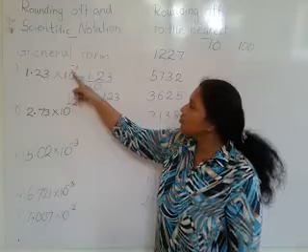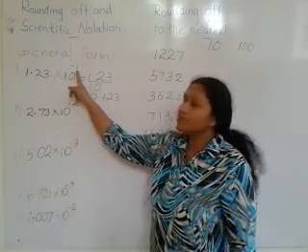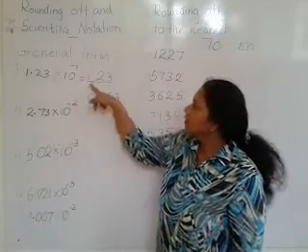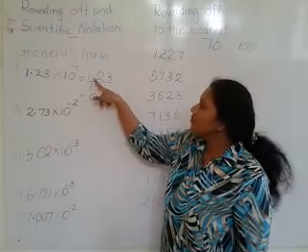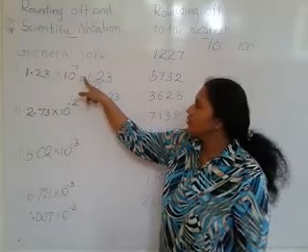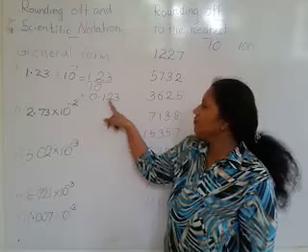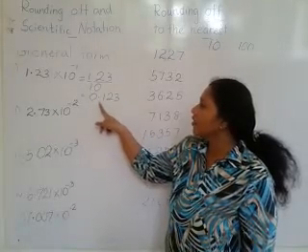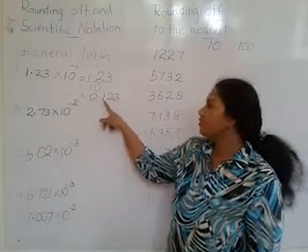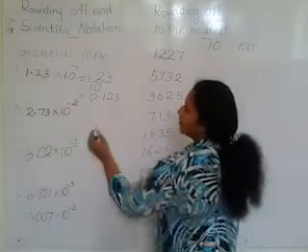Here we have to move the decimal one time backwards because the power is negative. Earlier the number is 1.23, and the decimal is between 1 and 2. When we move it one time, it goes in front of the 1. So it is 0.123. And the other one,